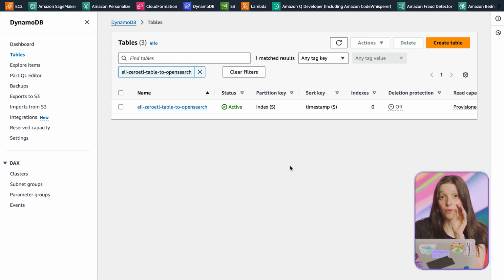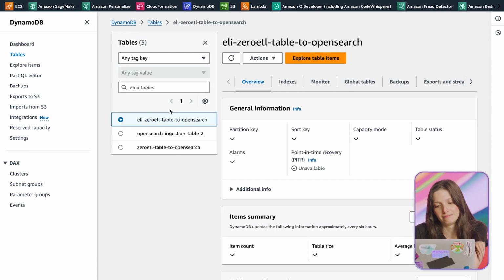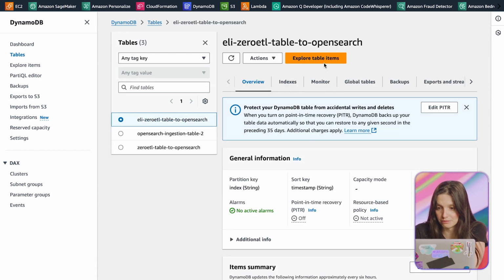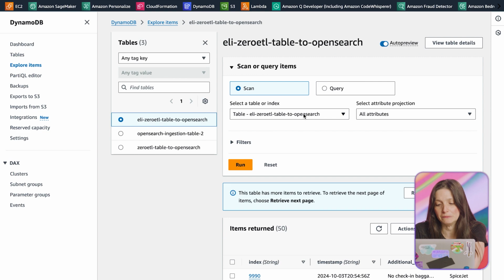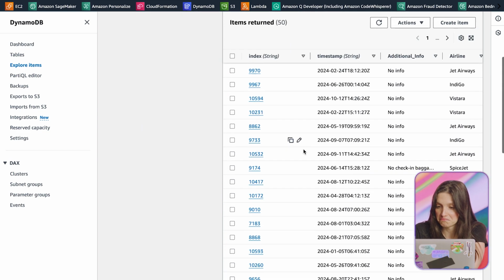We'll start with a DynamoDB table already created and populated with some example data of airline ticket purchases. Here I have my table. We can explore table items here, and you can see this data.